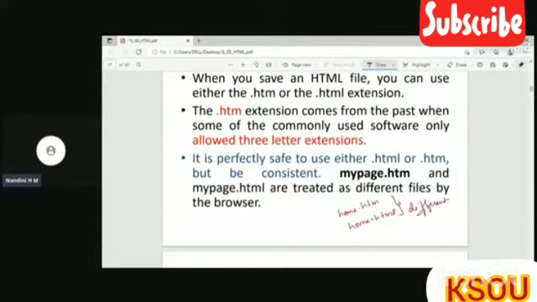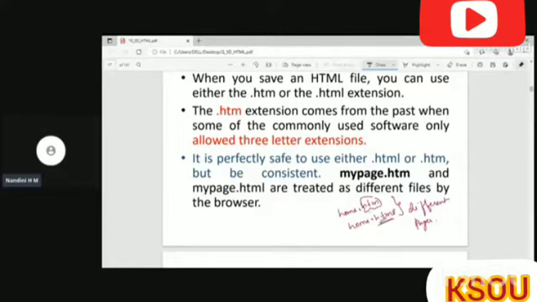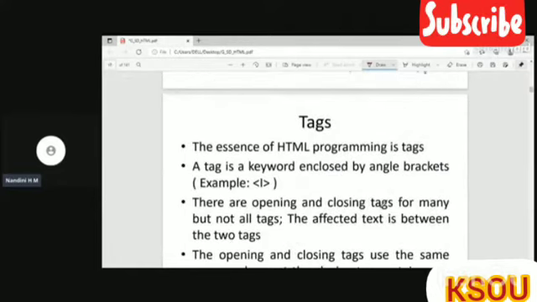Okay, that you have to keep in mind. So earlier browsers used to support only 3 characters after the file name, but today's browsers support 4 characters. So it doesn't matter if you use .htm or .html.